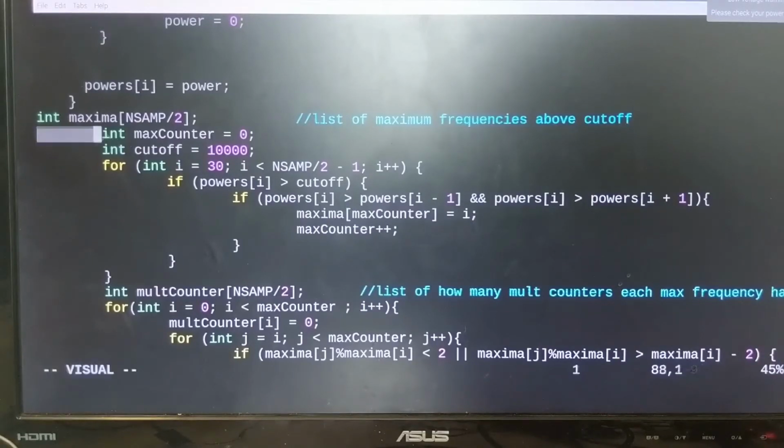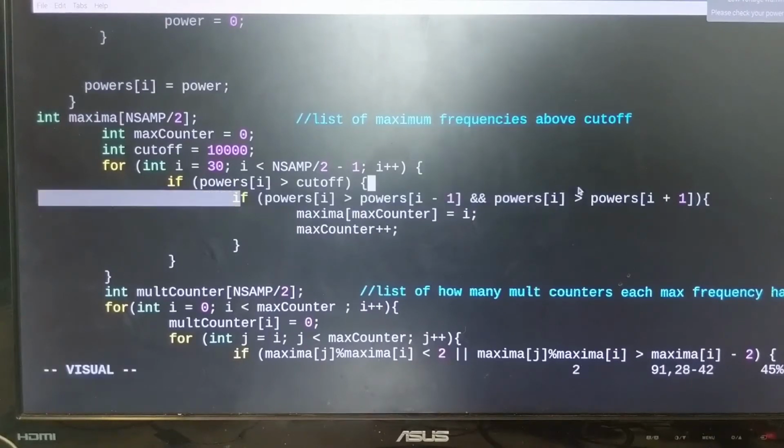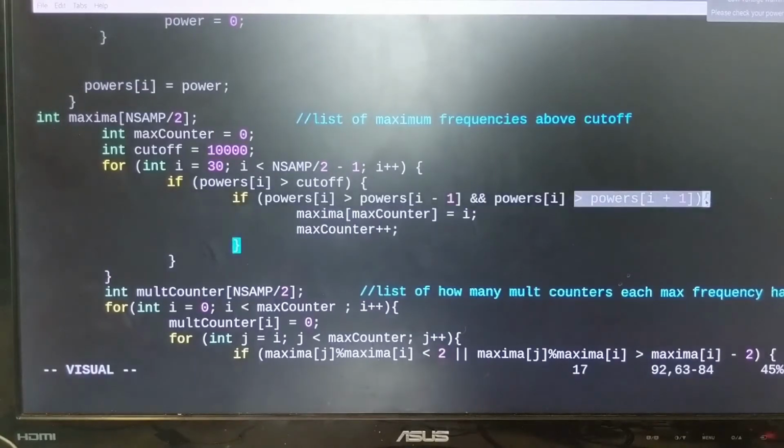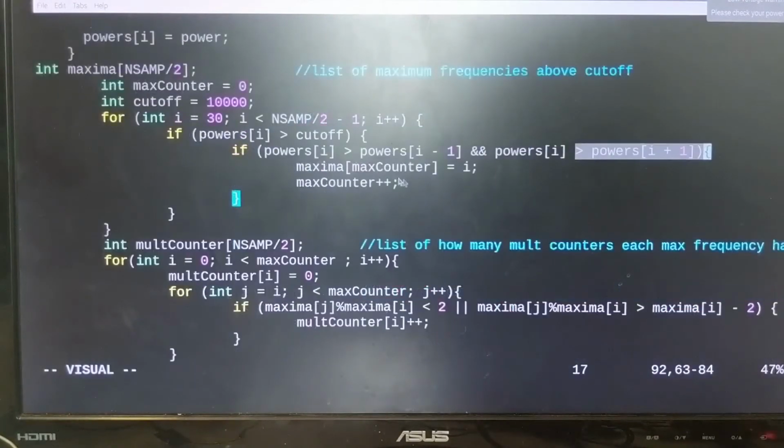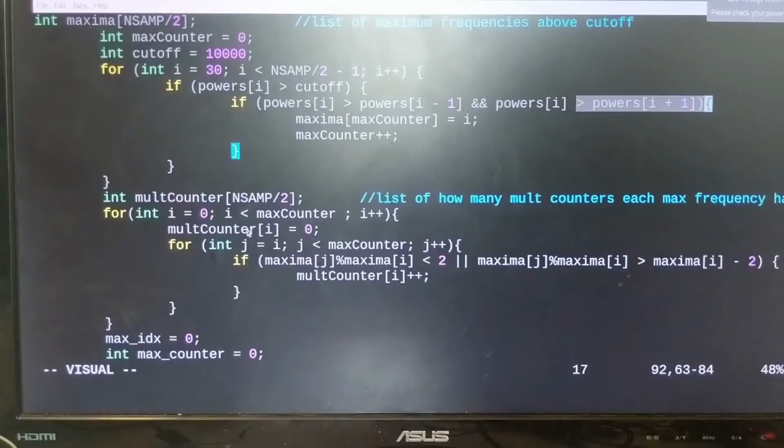Yeah, so then we set up a cutoff, and we go through, and basically this is where we find peaks, right? If this number is greater than the number before it and it's greater than the number after it, then that's a peak. And then we go through the peaks and we say,